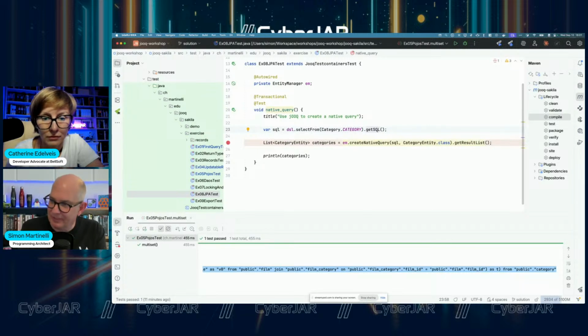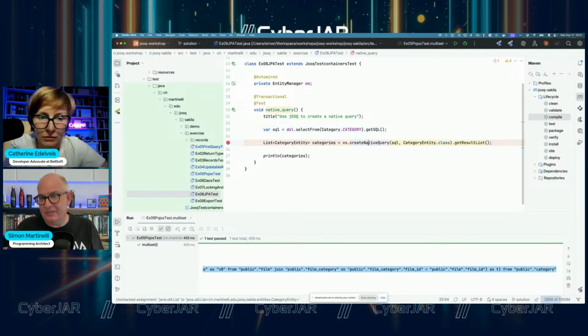And get SQL will return the SQL statement. So jOOQ will generate a SQL statement that it would execute against the database and return it as a string. And then I can use the create native query method from the entity manager and say, okay, that's a SQL statement. And the return of the SQL statement should be mapped to the category entity.